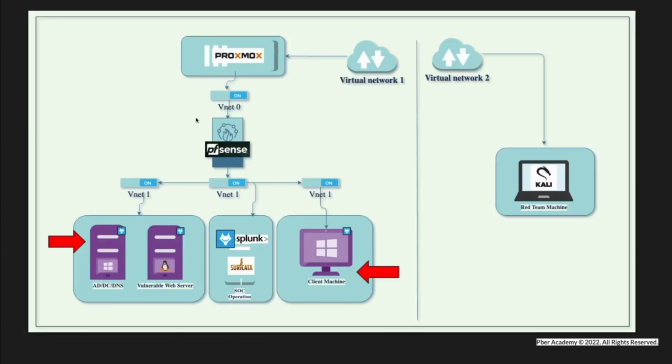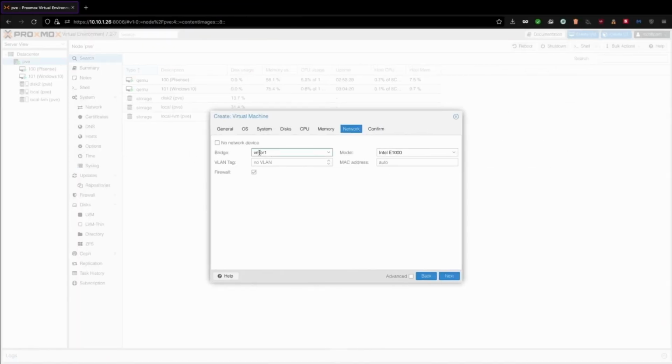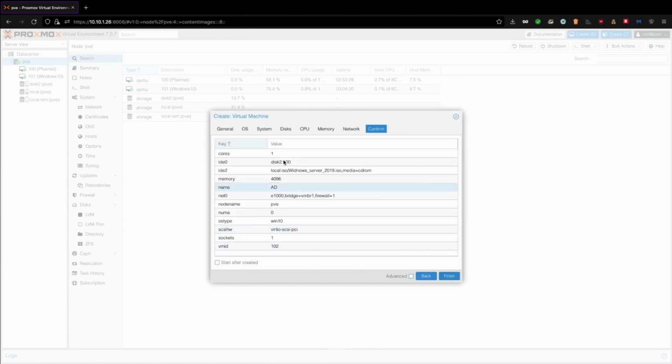we have created a pfSense in the last video. We have created one interface for the LAN and one for the WAN. So vmbr0 is WAN, vmbr1 is LAN. All the Active Directory and all the servers will be behind the firewall. That is why we are assigning this vmbr1. Click next, and this is asking for confirmation of everything we created. Click finish,